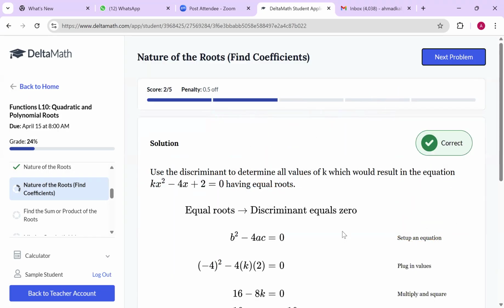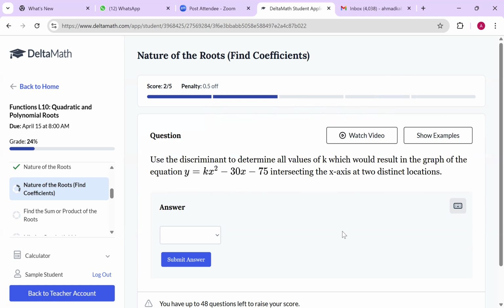Let's try a third one. This is interesting because they said we want the equation to intersect the x-axis. This is the same thing as a root or a solution. Where it intersects the x-axis means where y equals 0, so it's as if we're solving for this equation equal to 0. So we're finding the solutions or the roots. And they said that they want this to happen at two distinct locations. So this is the same as two distinct solutions,